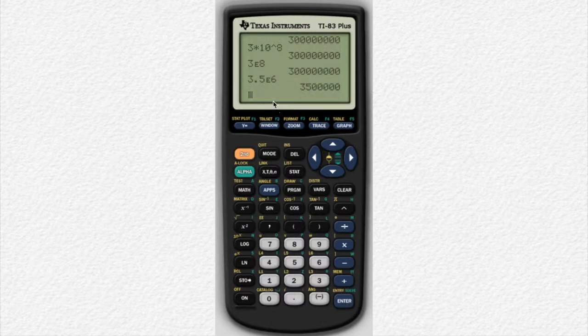Okay, that's 3.5 million because 10 to the 6th power is 1 million. So that's how we deal with scientific notation. One thing you have to be careful of